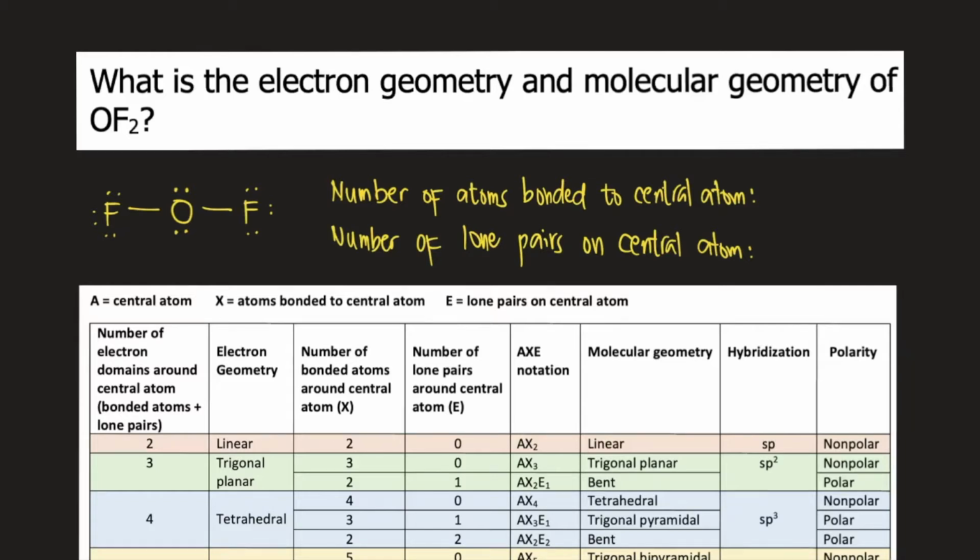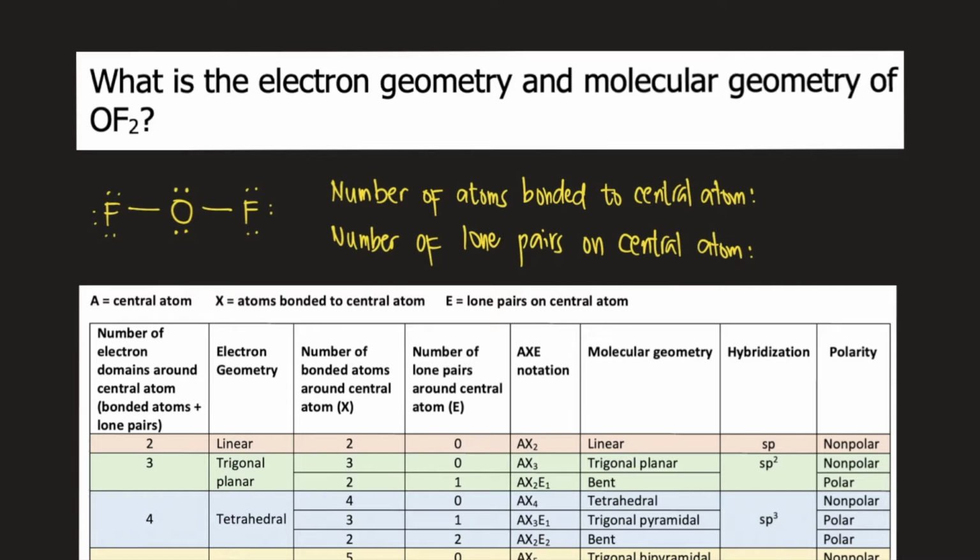What is the electron geometry and molecular geometry of OF2, or oxygen difluoride? The first step, always, in determining electron geometry and molecular geometry is to write or draw the Lewis structure of the molecule. So the molecule in the problem is OF2, and I have drawn on the board the Lewis